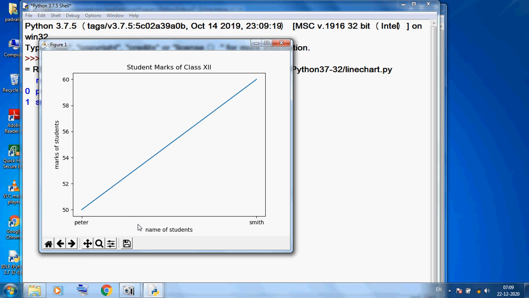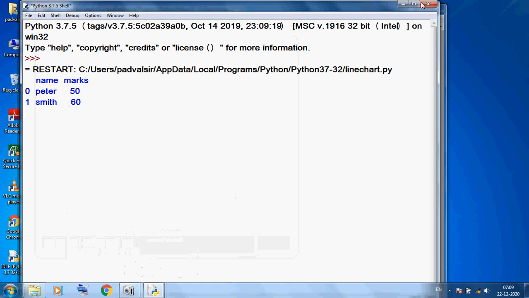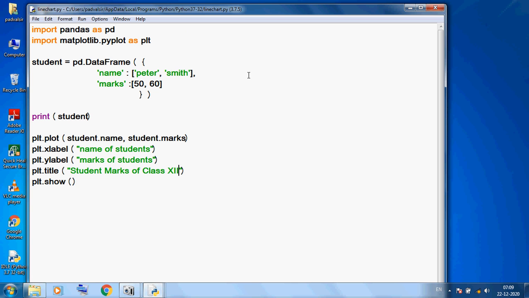This is our X label, name of student. This is our marks of students. But here the legend is missing. What will this line say? So I am using legend. Okay, so here I am using